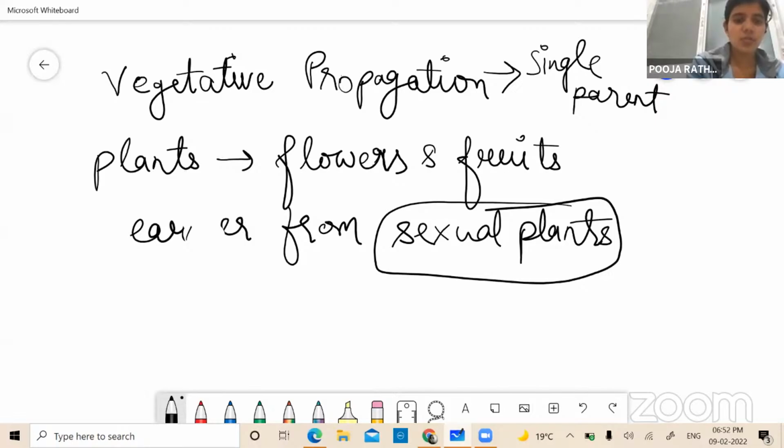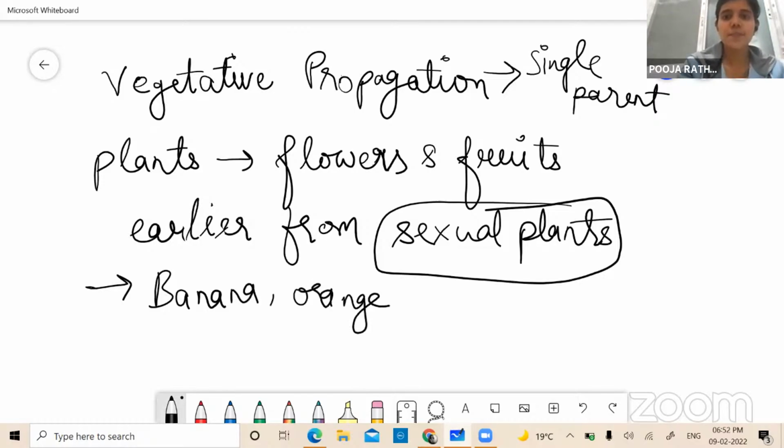Is it clear now? Now, what are the examples of vegetative propagation? Some examples are banana, then orange. Okay, I think it is quite understood till now. Next is about